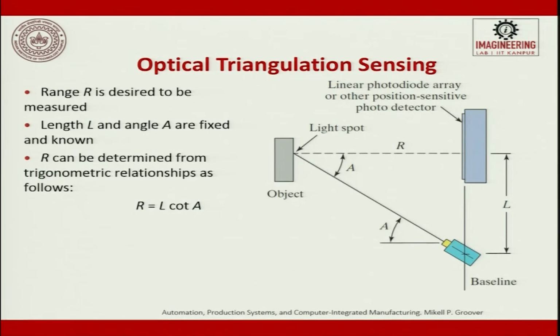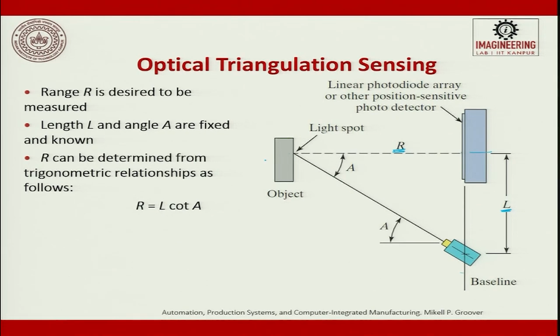Next, I have talked about the optical triangulation sensing techniques. Here the important thing is the triangulation technique which is used. Here is a camera, the object is here, and then you have a linear photodiode or other position-sensitive photo device. The distance between the photodiode and the object is R, the range, and L is the distance between the photodiode and the camera, and A is the angle in which the object is placed